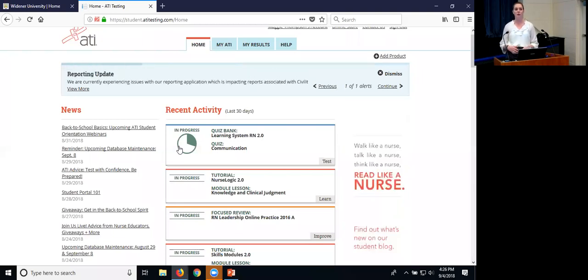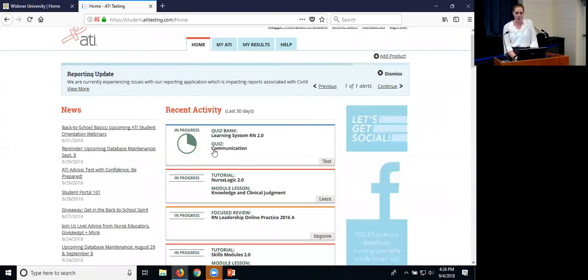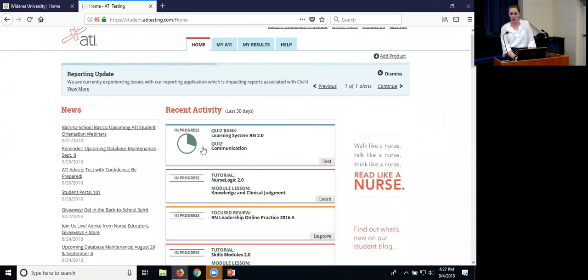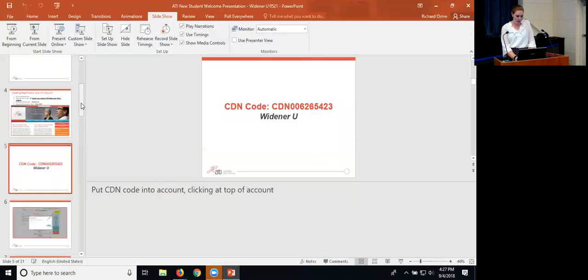So that's the only thing you cannot do in piecemeal, okay? So if I wanted to complete this quiz, I could click on from this little bar here, and it'll take me right back into where I last left off. Up here near where that Add Product button is something you guys are going to have in your account called